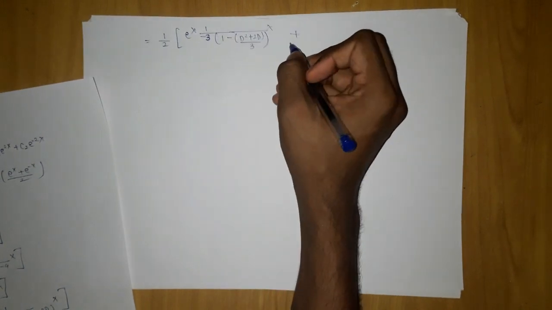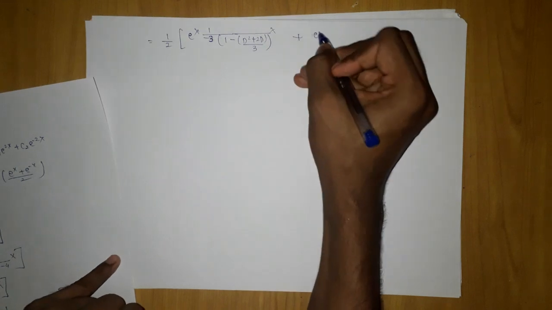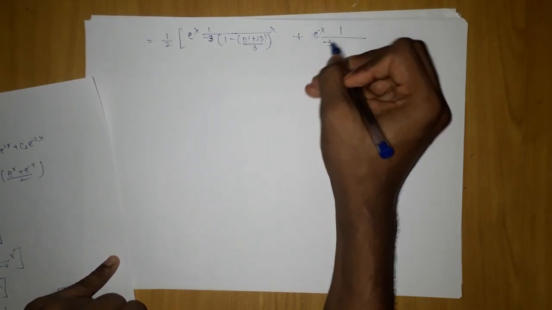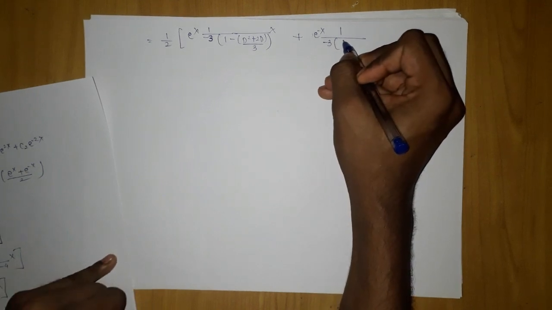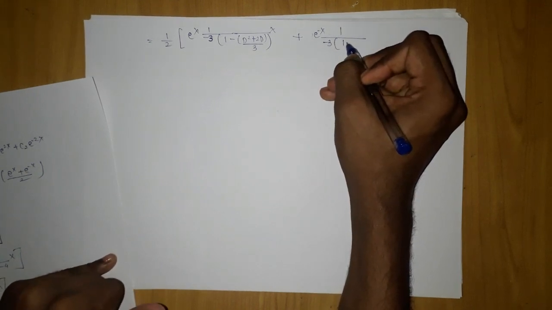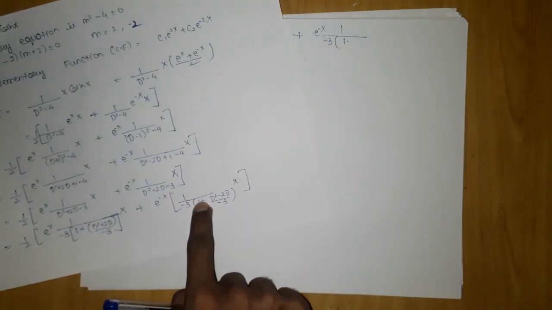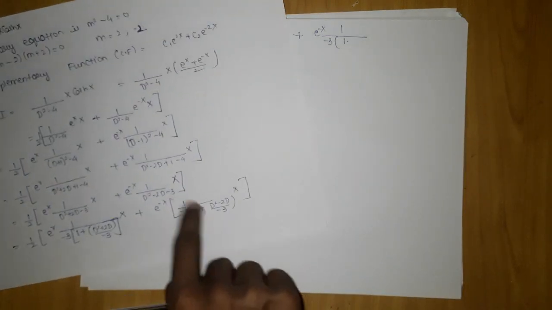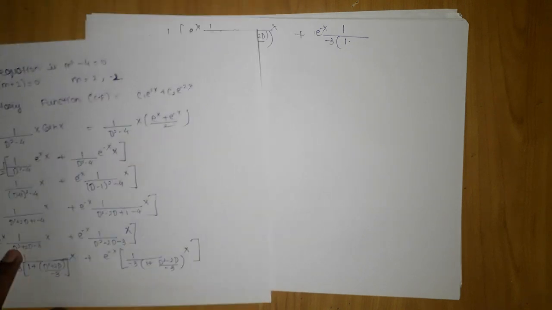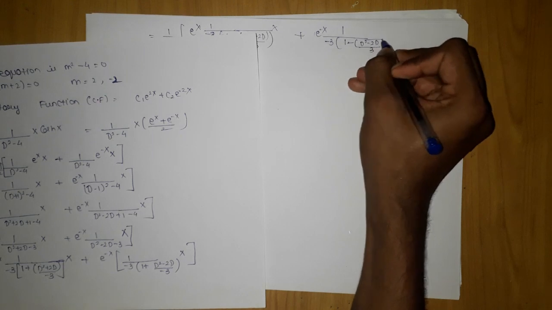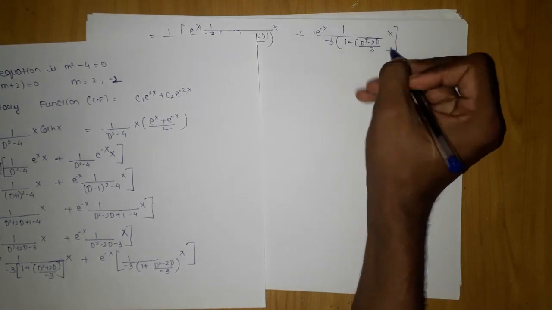And further on, what we are going to get here is e to the power minus x 1 by minus 3 was as it is here. If you observe, this will be 1. If we take the minus sign, it will come here. So we are going to write the same thing, same thing will be done, minus here bracket D square minus 2D by 3 into x bracket close.